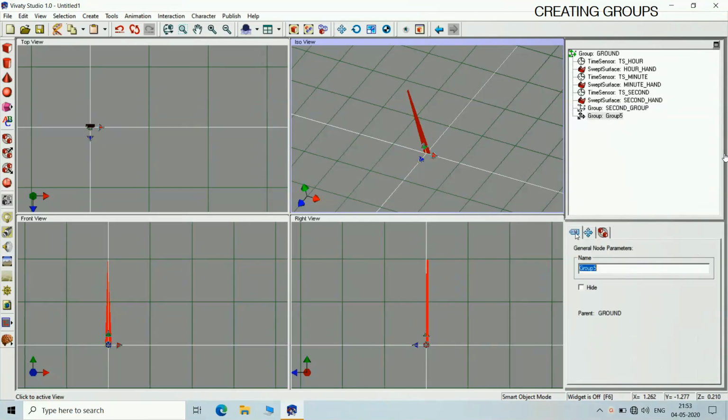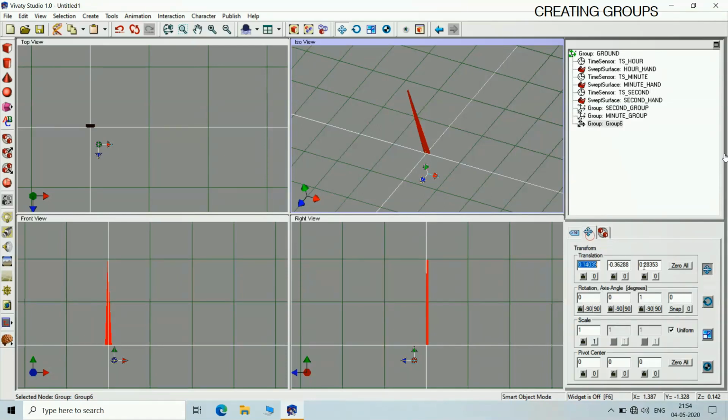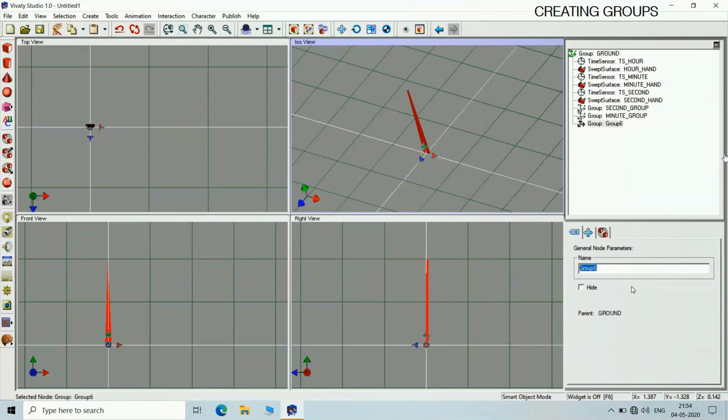Bring every group to 0, 0, 0. Call this minute underscore group. Bring it to 0, 0, 0. Hour underscore group.